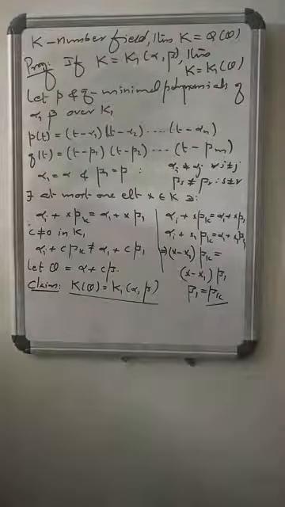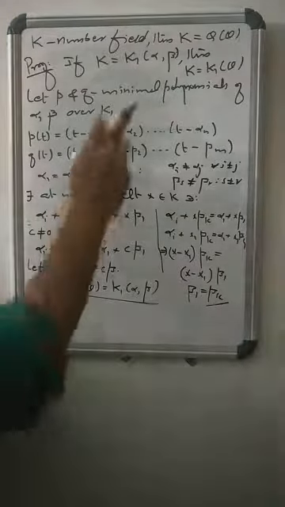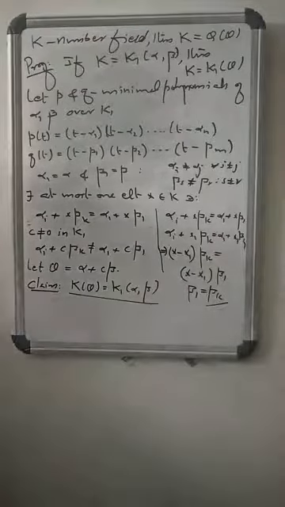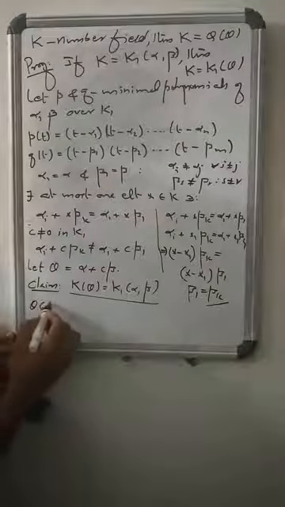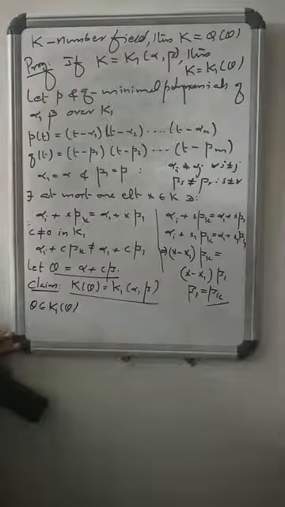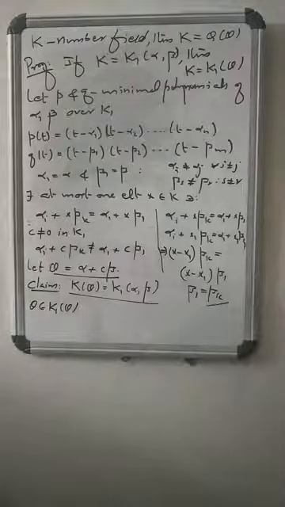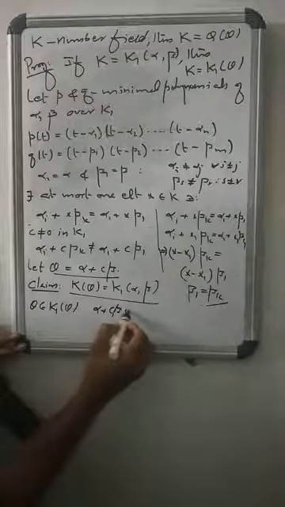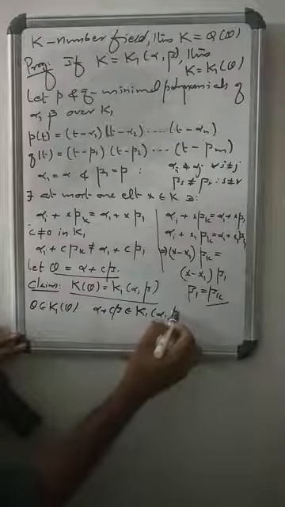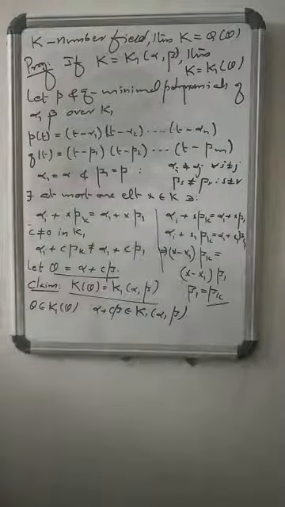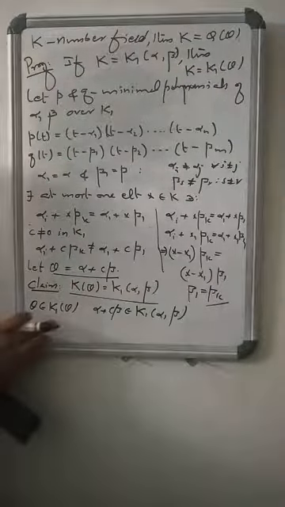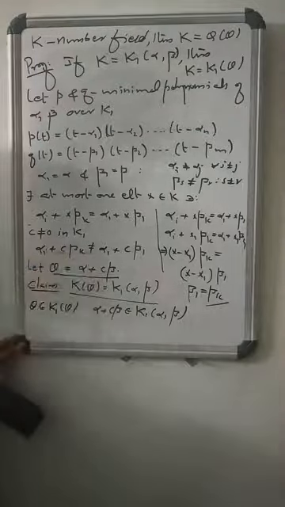How to justify this one? What is theta? Theta is an algebraic number, so theta falls in K_1(theta). Also theta is taken as alpha plus c beta. Alpha plus c beta falls in K_1(alpha, beta). What is K_1(theta)? K_1(theta) equals K. Clear? Since theta falls in K_1(theta), but also theta is in terms of alpha and beta,